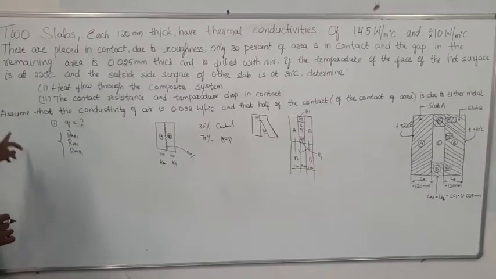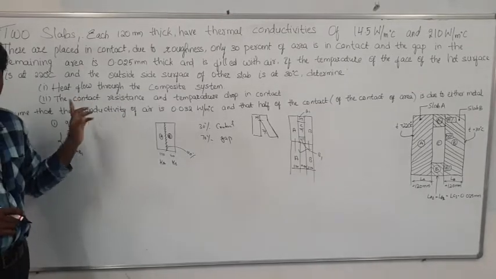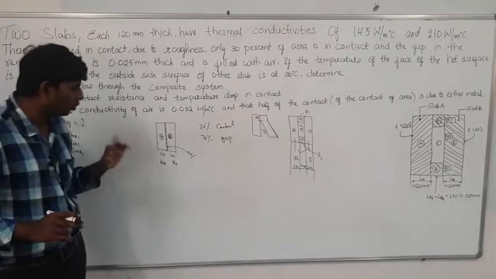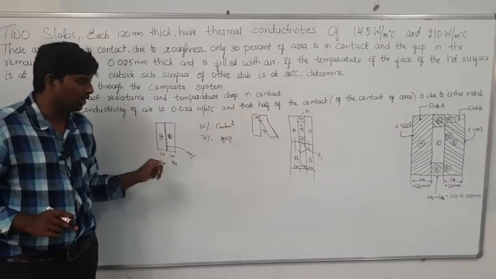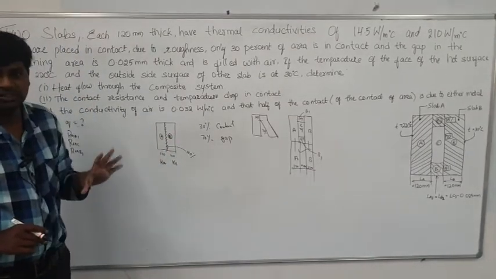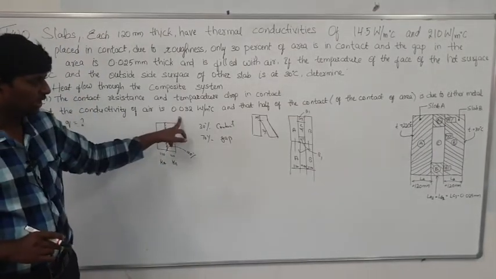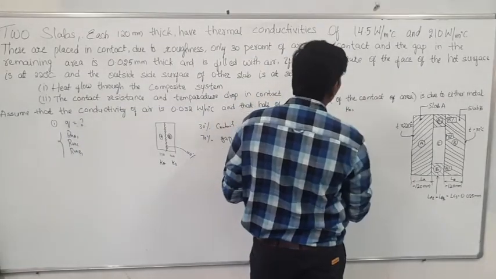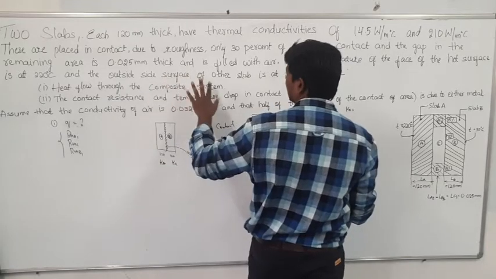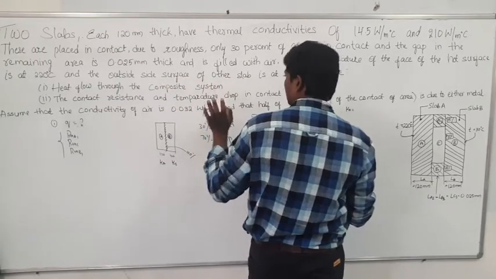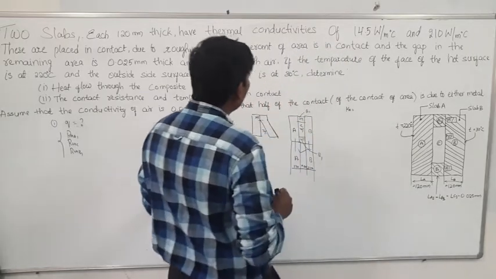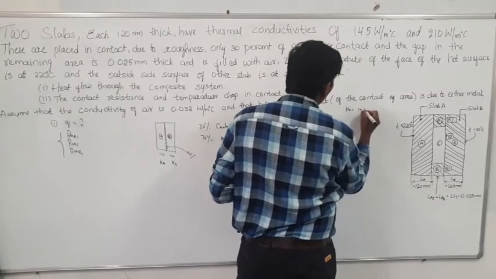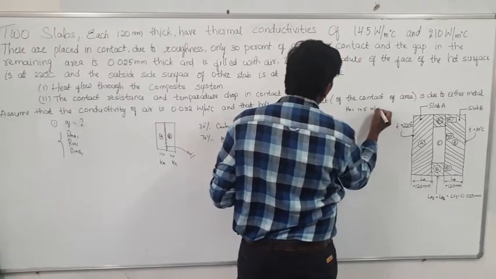After that, what is given here? Assume the conductivity of air. How much is given as conductivity of air? You know the value of Ka and Kb. In between that A is there, in between that C is there, and the Kc value is also given. I will write here the Ka value; as you can see in the question and in the diagram, Ka value is given. How much is it? 14.5 watt per meter centigrade.